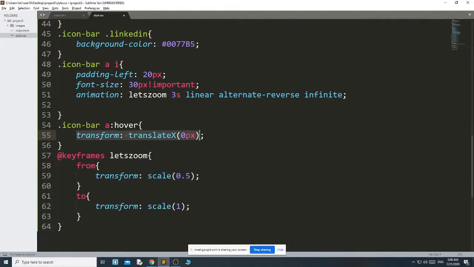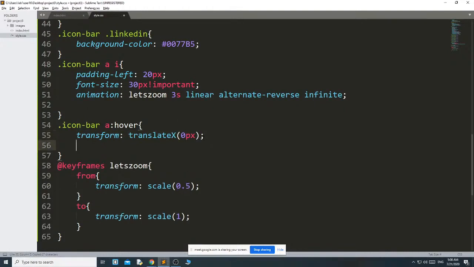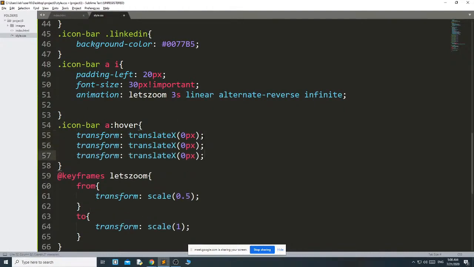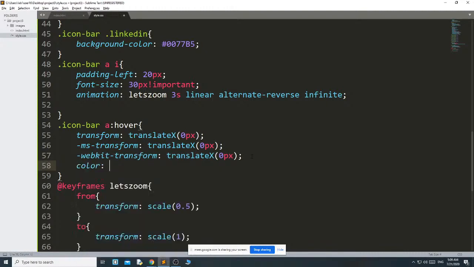Then just copy it, paste, -ms and -WebKit. Then what color do I want? Color as FF.